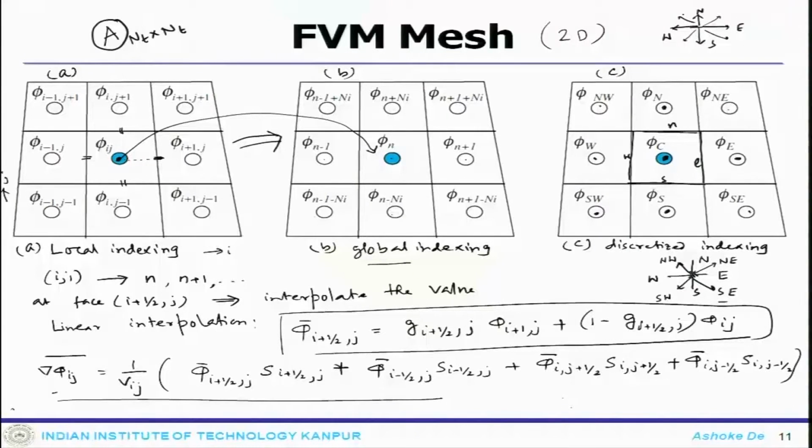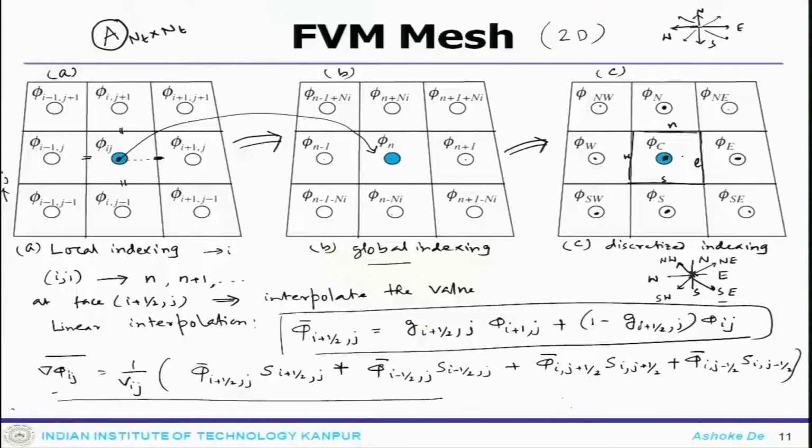Now, the third option is going from local to global indexing. That helps you keep track of each element in the system. Once you do that, you get to the discretized system. From there you look at a particular element in the interior of the domain, any element which belongs to the interior domain and does not belong to the boundary, because the boundary elements need to be treated separately since there is a specified boundary condition.